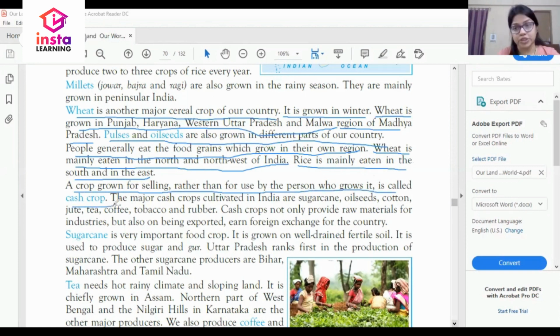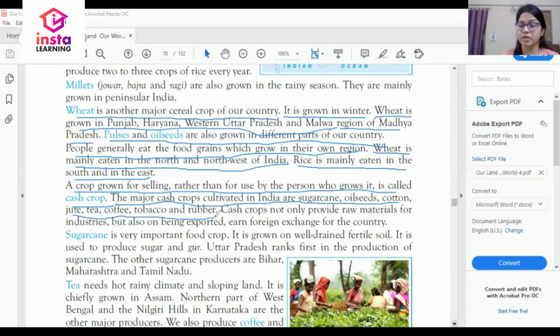Yes, student, this is a very important question. What is a cash crop? So the answer is, a crop grown for selling rather than for use by the person who grows it is called a cash crop. किसी भी क्रॉप को किस लिए पैदा किया जाता है? उसको मार्केट में बेचने के लिए, ना कि जो इसको उगा रहा है उसके यूज के लिए. उसे हम क्या कहते हैं? कैश क्रॉप कहते हैं. The major cash crops cultivated in India are sugarcane, oilseeds, cotton, jute, tea, coffee, tobacco and